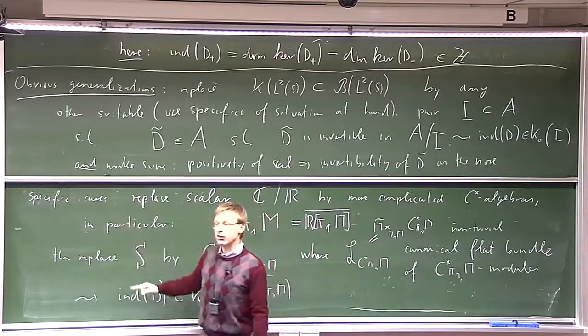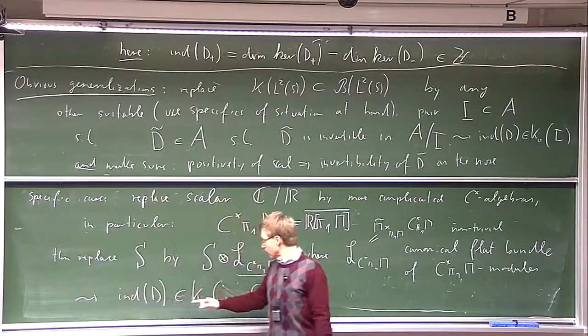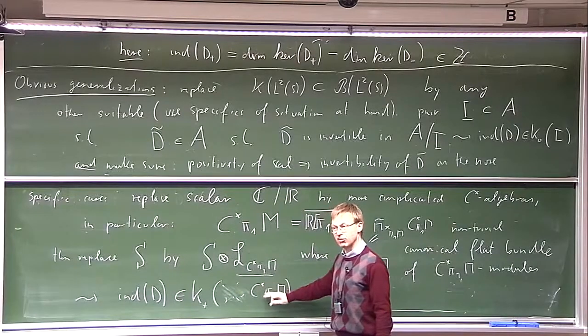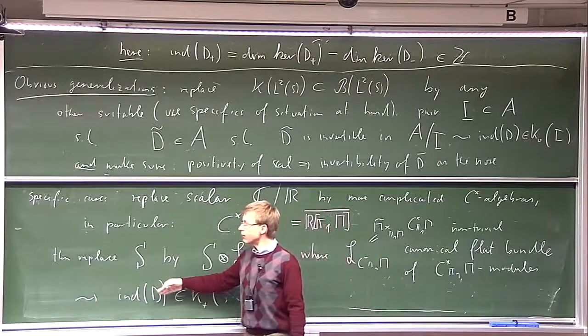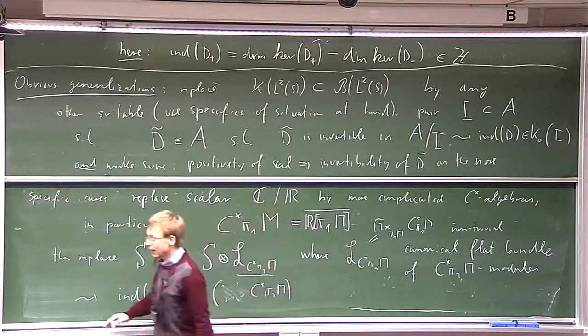The A-hat genus doesn't tell us anything, but this invariant here is non-trivial, with values in the K-theory of the C-star algebra of the fundamental group of the flat torus, which is just Z^n, so it's easy to compute. And we learn that the torus doesn't have positive scalar curvature, for example. And now, of course, I'm stopping.